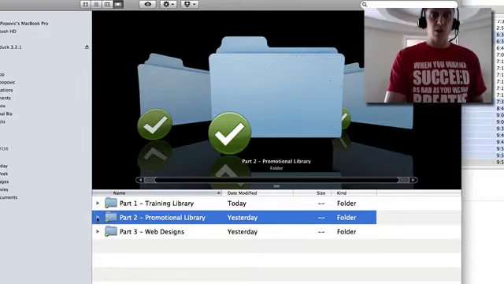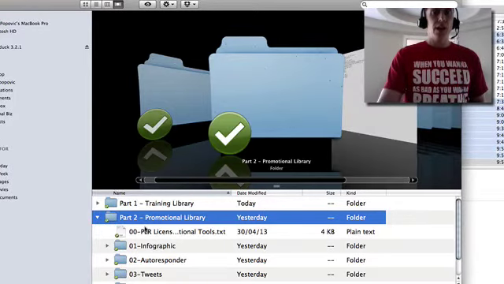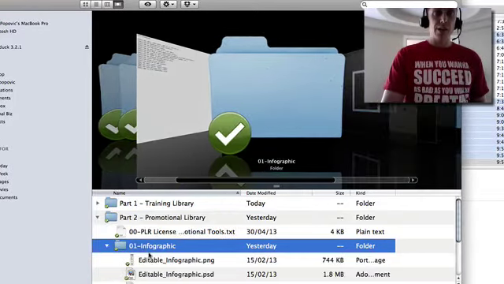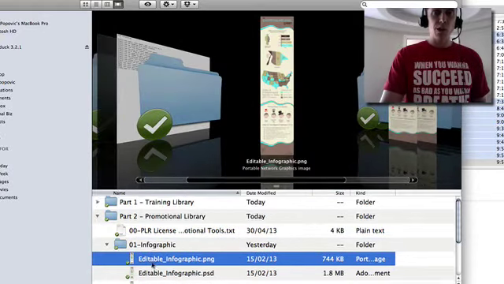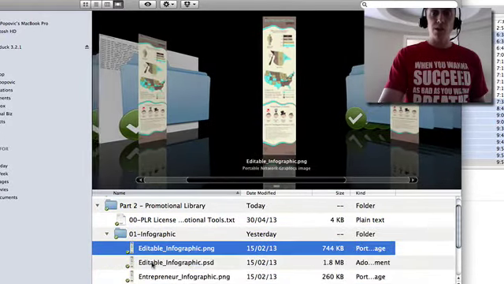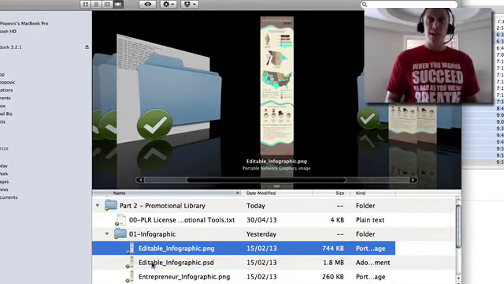Well, there's a promotional library. So as you saw in the sales letter, there's the infographic. This infographic is pretty huge, but we're also giving you the PSD and PNG. So if you have a designer on your team or if you have access to one through an outsourcing site, you can give them the raw PSD file and they can take whatever we've built for you here, rearrange it,